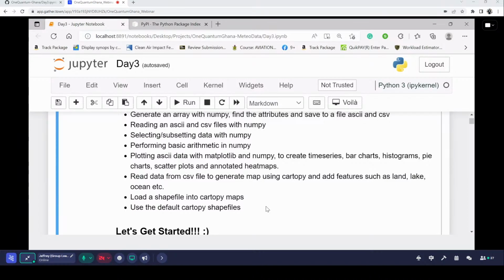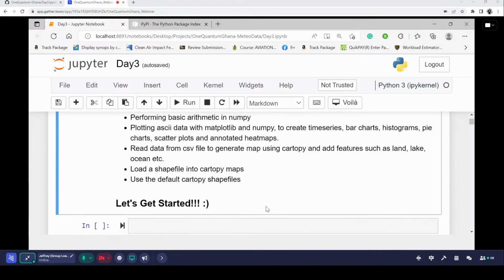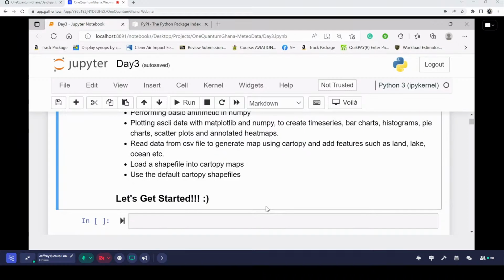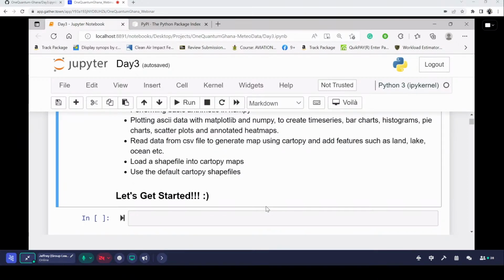So conda install Cartopy or conda install dash force Cartopy to force it to install in the same environment you are in. Or you can also use pip. So pip install Cartopy would work. And we'll also try to load shapefiles into Cartopy maps and then use the default Cartopy shapefiles. And we would also look at the basic Cartopy map layout